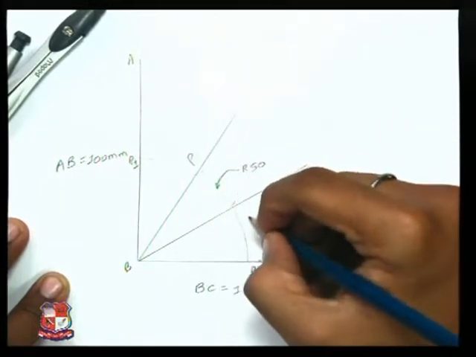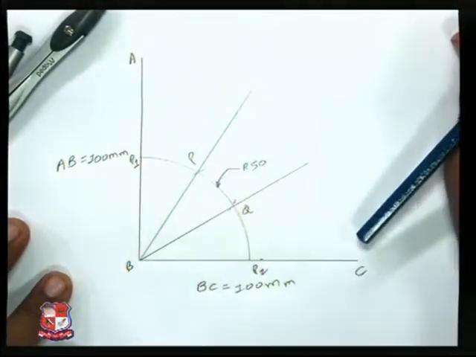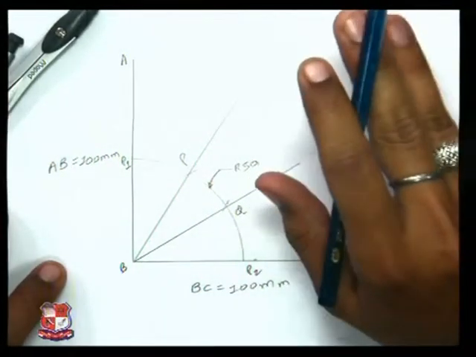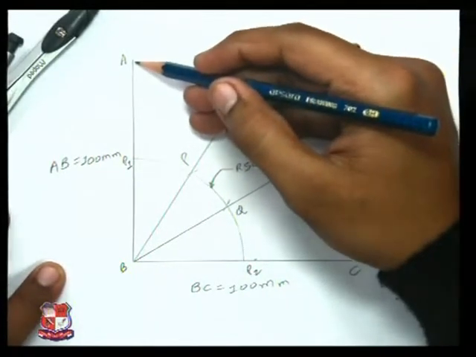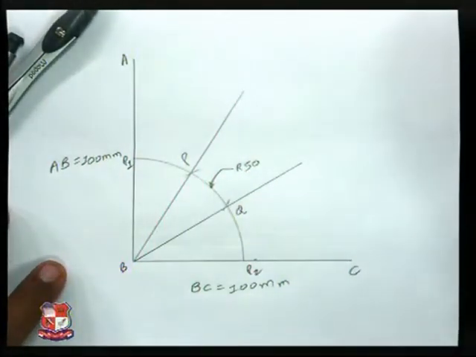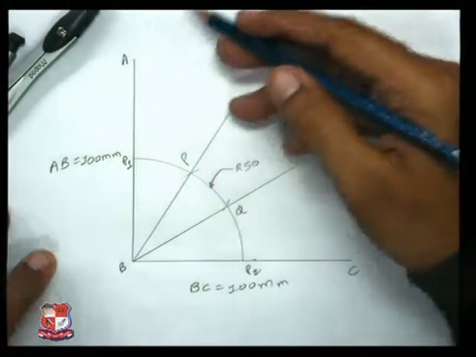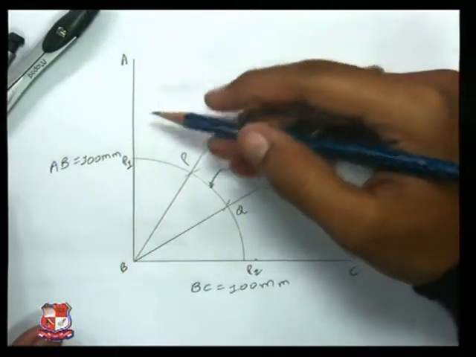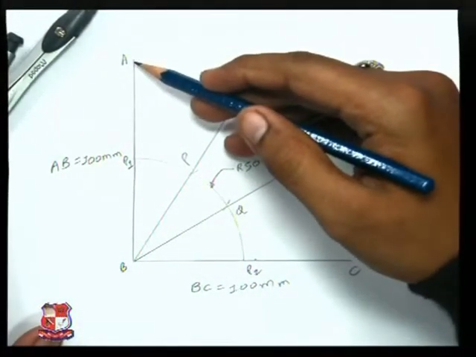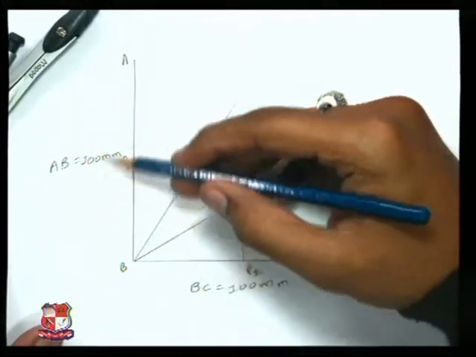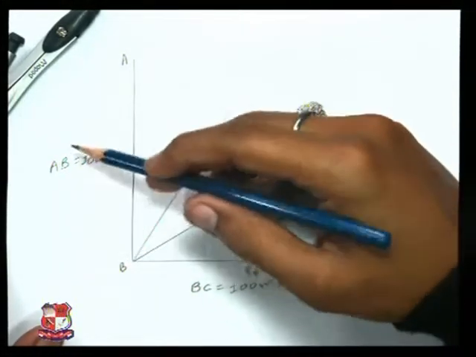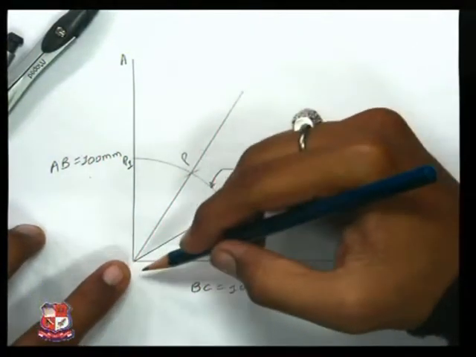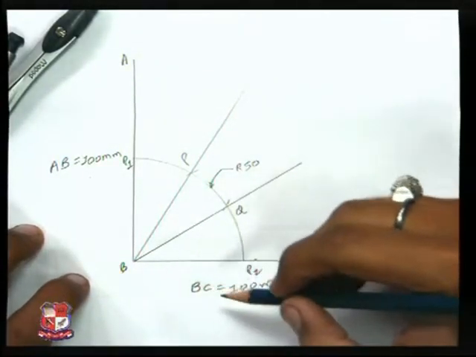We'll say these points P and Q. Again we will repeat the procedure. This is a very simple problem. We have been given that we need to trisect a right angle, right? No dimensions are given, so we need to assume dimensions as per our convenience. Over here I have assumed that line AB is 100 mm long. I have drawn a vertical line AB 100 mm long. Exactly perpendicular to that I have drawn a line BC that is also 100 mm long.